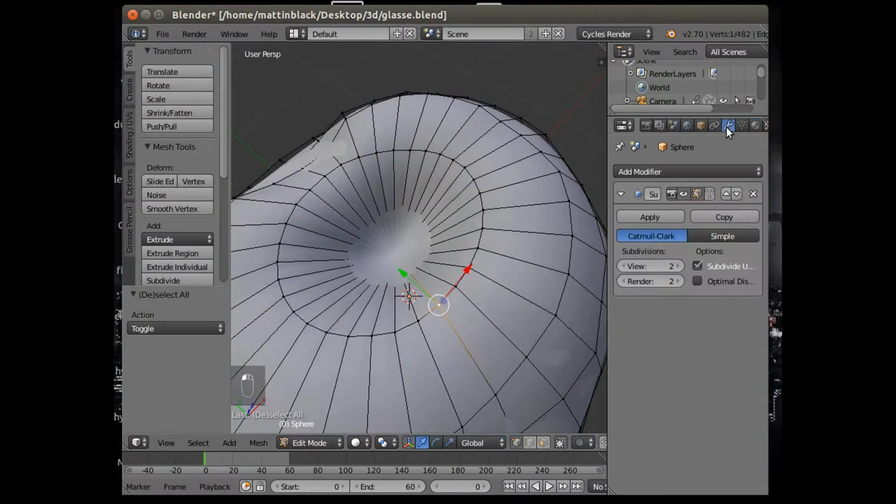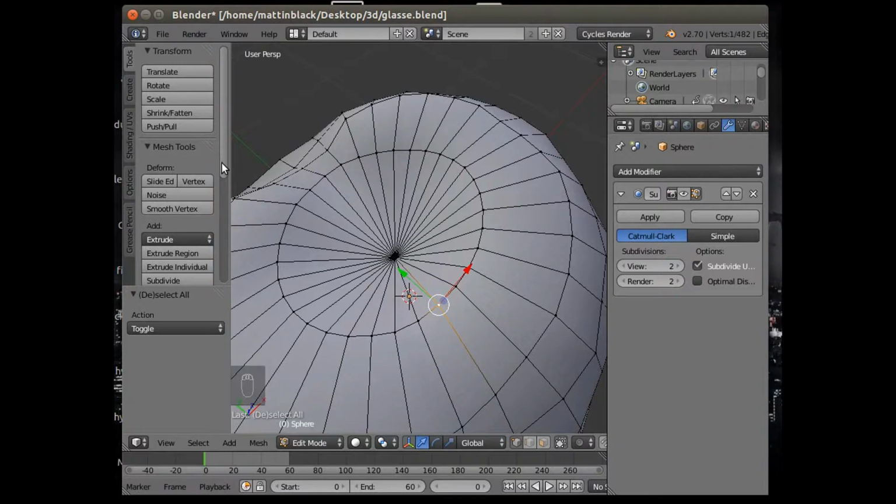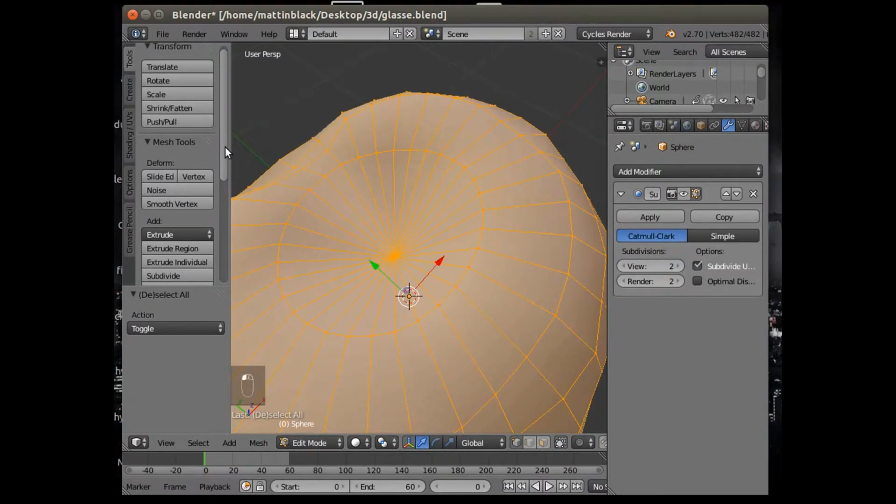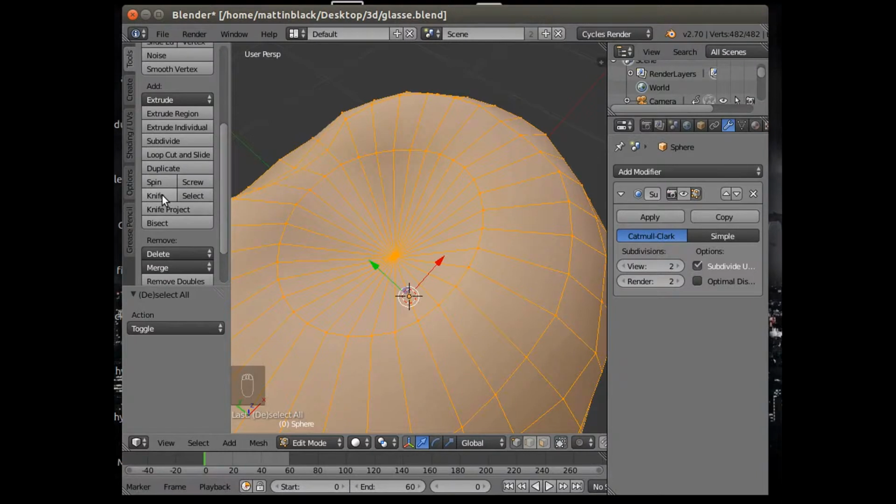I'm going to turn off that modifier because at the moment we're seeing it, so by clicking on the eye you can sort of turn off the view on it. And what we actually need is another set of vertices in here, and a good way of doing that is there's a tool called knife. So if I go back and select all again, down here we've got knife,